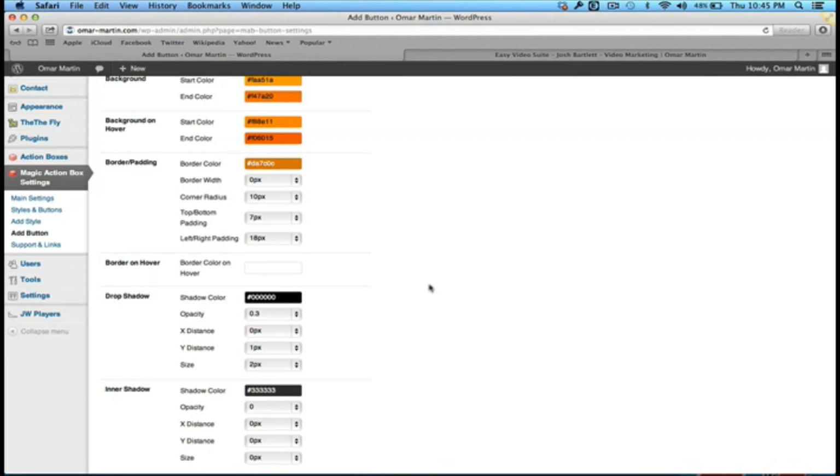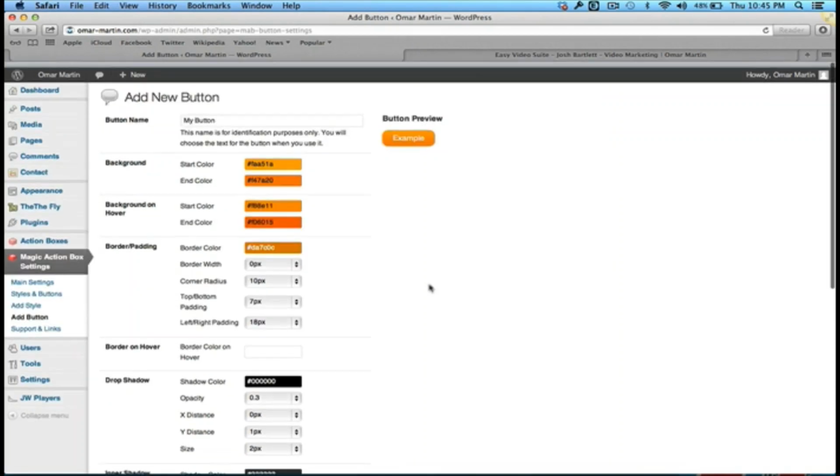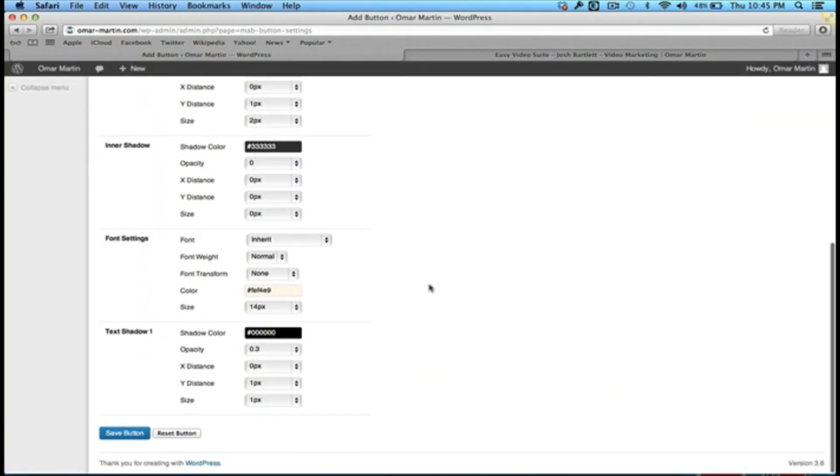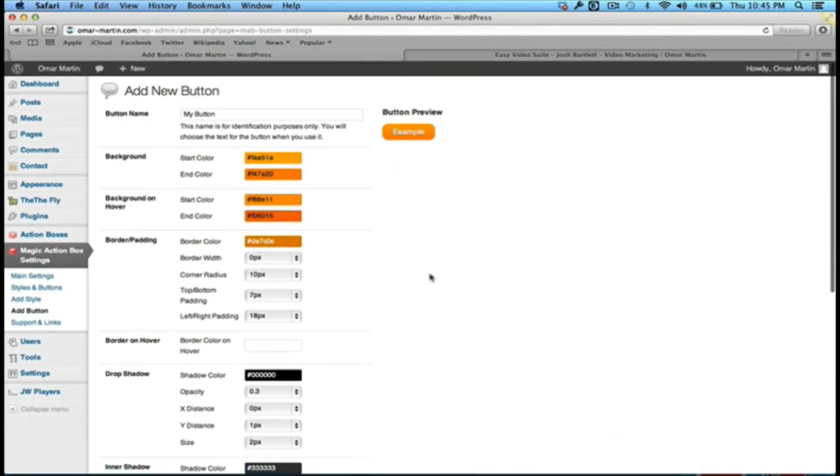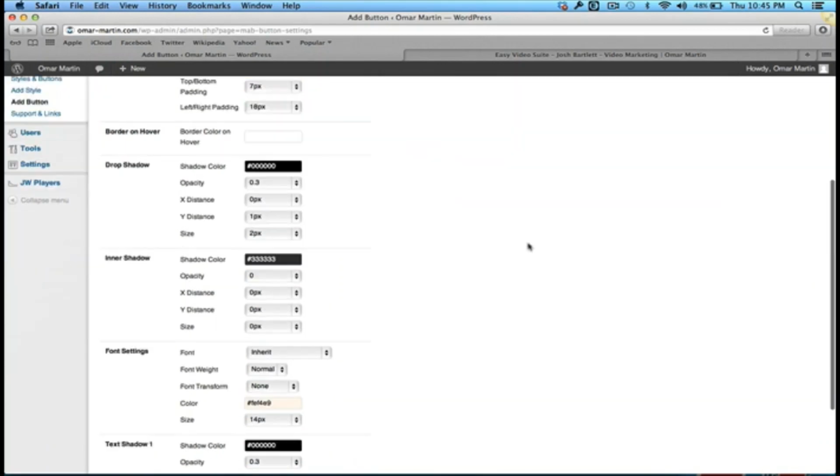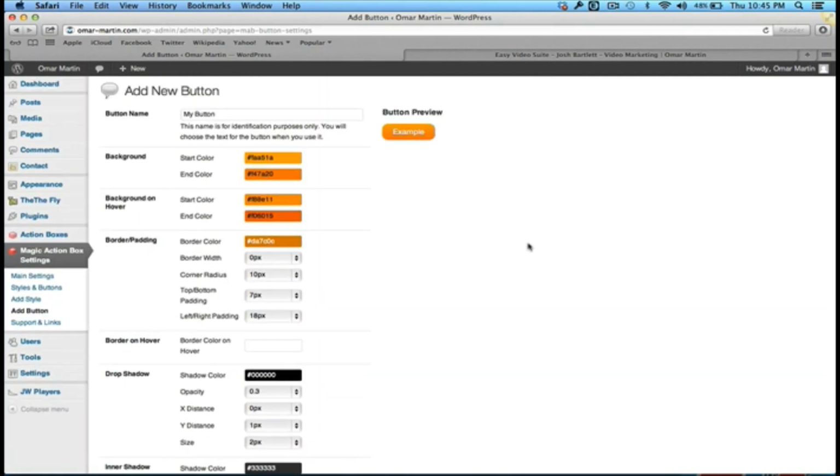They obviously have a lot of additional things that you can do if you buy their pro version, and I think they have an ultimate version too. But I definitely recommend that you download this plugin. It's called Magic Action Box. You can get it at myunfairadvantage.net/action box. And you'll be able to start playing around with this thing and actually start creating some action boxes